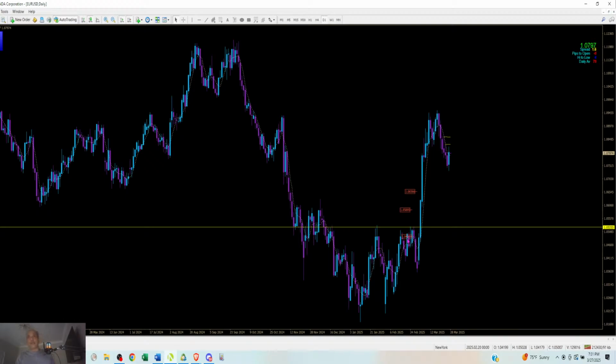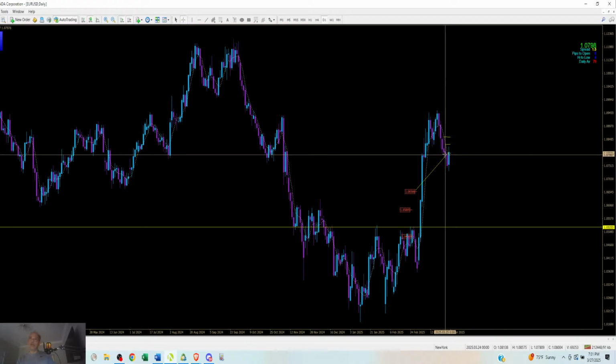So what I anticipate is for this pair to continue down, okay, to at least the 50, and maybe lower. Maybe it comes all the way back to this previous resistance, which is now acting as support. If you are an ICT trader or whatever, smart money, then potentially there's fair value gaps in here somewhere. I'm not really sure if it does come down, how far it's going to go. But the 50% would be a minimum target,